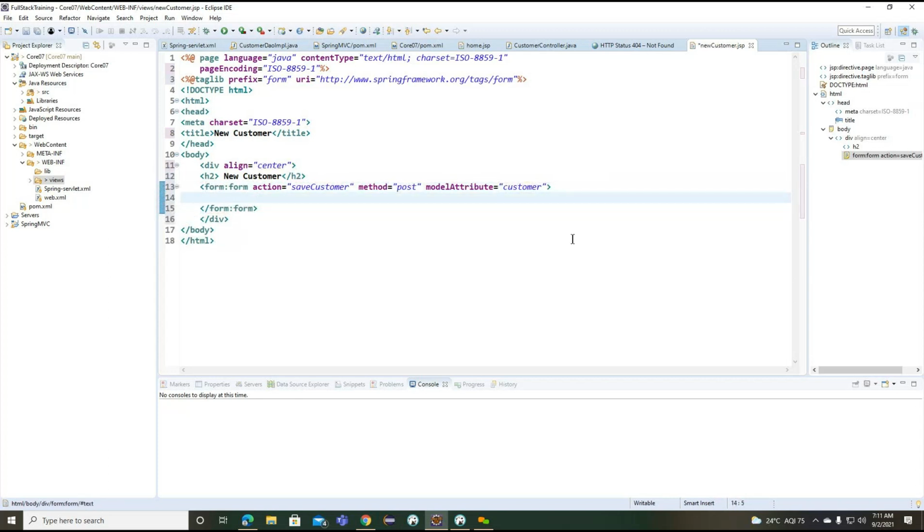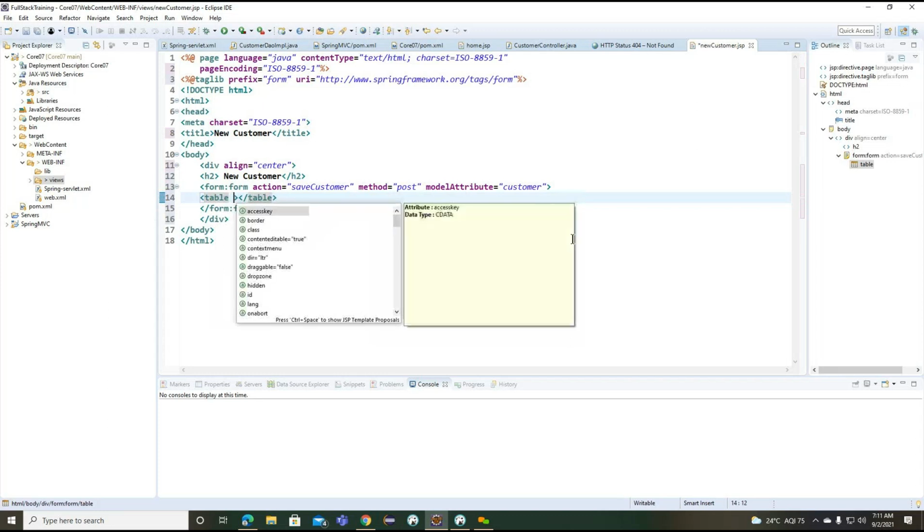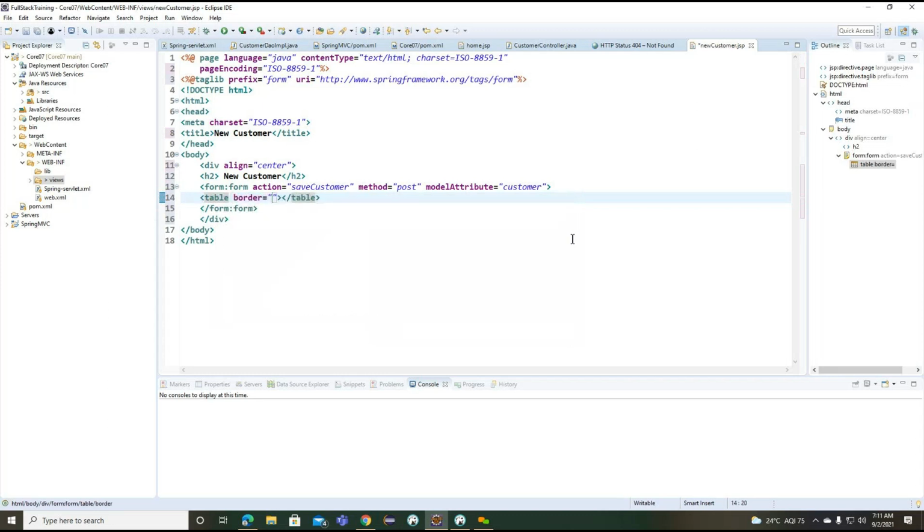After this, now what I'm doing here, I will go for one table. Inside this particular table, border, we'll define 2. Okay, border 1 is available, so 2 is not there here.